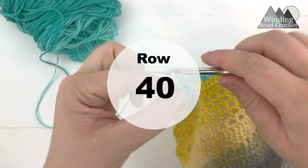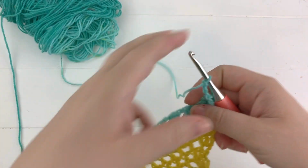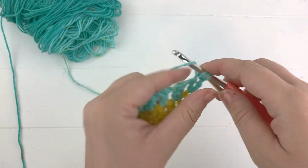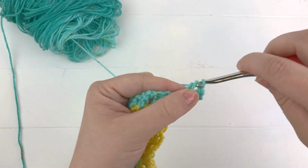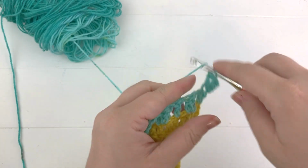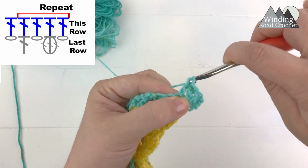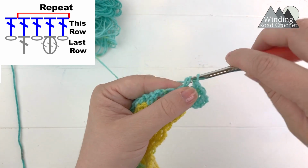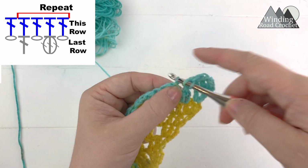We will chain 3, 1, 2, 3 to start our next row and turn our work. We're going to work 2 double crochet into the very first stitch. And this row is going to be a solid double crochet row again. So we'll work a double crochet into the next stitch, a double crochet into the chain space. This is the beginning of our repeat. A double crochet into the cluster stitch,